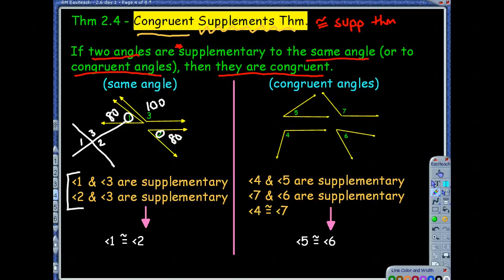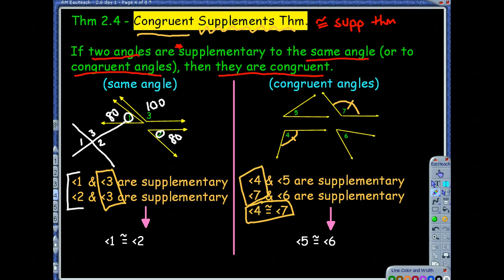Now, this other scenario is just saying that if I have two sets of supplements, but they're not supplementary to the exact same angle, but they're supplementary to congruent angles. So notice here, I had to be given two sets of supplements, but they had to have something in common. Here I've got two sets of supplements, but they have nothing in common. But I also have to be given one more piece. I have to be given that one of those sets of angles are the same measures, are congruent to each other. So now if I know that angle 4 is congruent to angle 7,